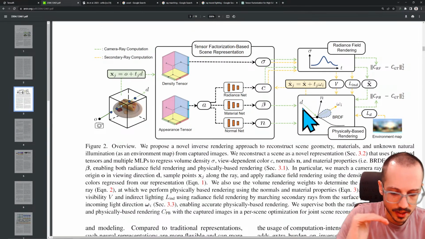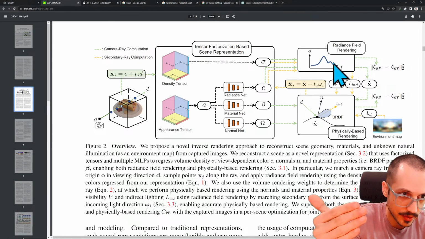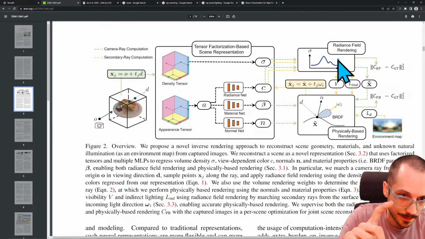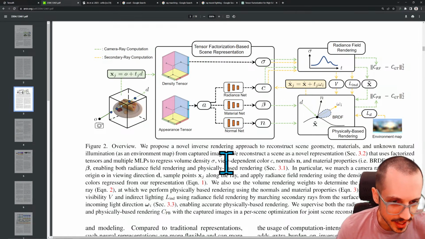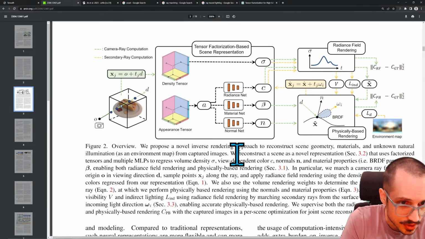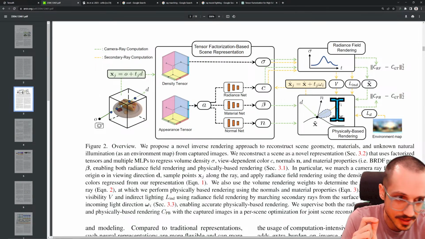so you have this kind of joint optimization process, right, where you're both using physically based rendering and neural based rendering or radiance field rendering to push gradients into the same set of things here, into the density tensor, appearance tensor, and these different little MLPs here. But you can also use the radiance field to calculate the secondary illumination effects here, right? This omega I second ray computation. So